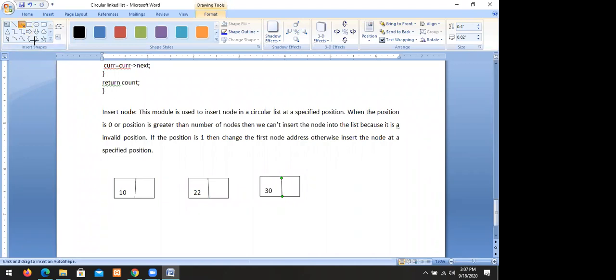Then we have to connect the last node back to the first.